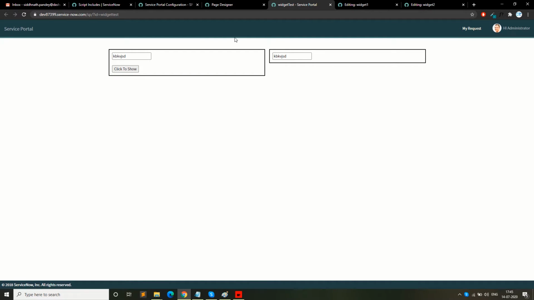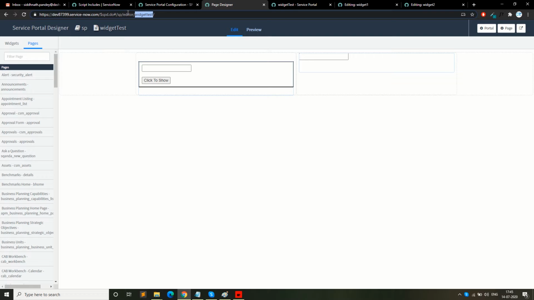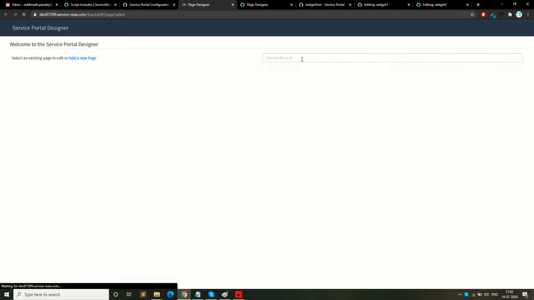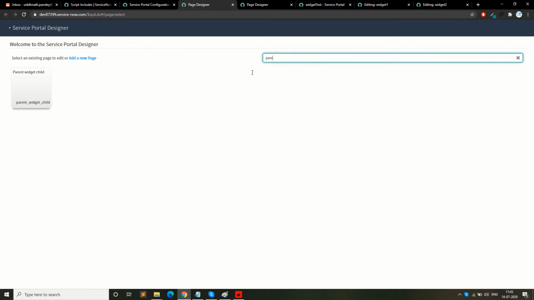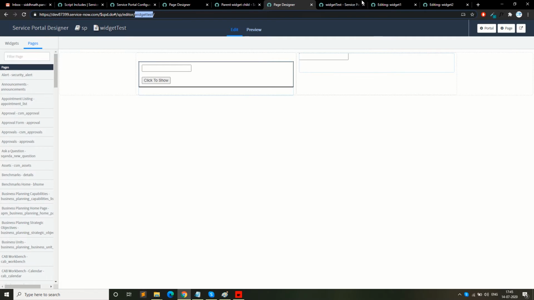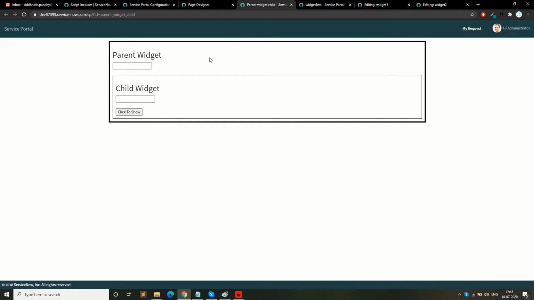Let's understand. I'll show you another page we have. I don't remember the name, let me open it. Sometimes you get the scenario I explained. These views are separated on the same page; they are located on the same page, but they are not embedded. But here, you see, one view is embedded into another view.